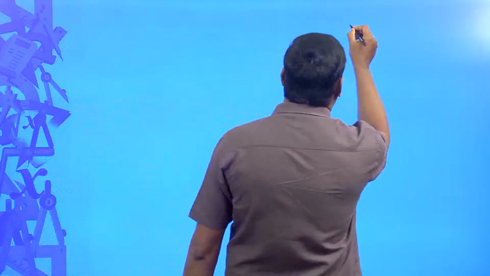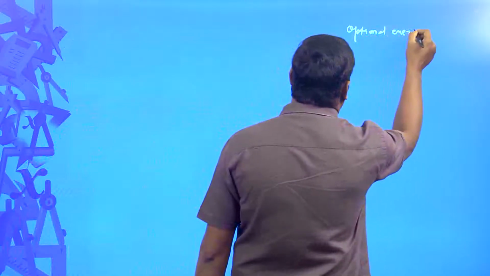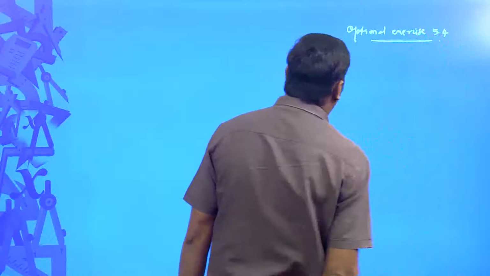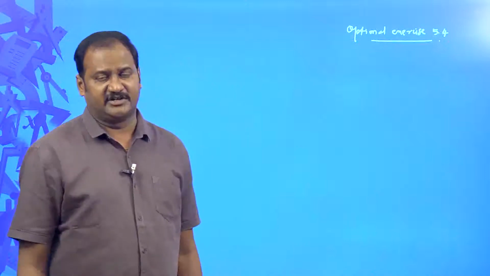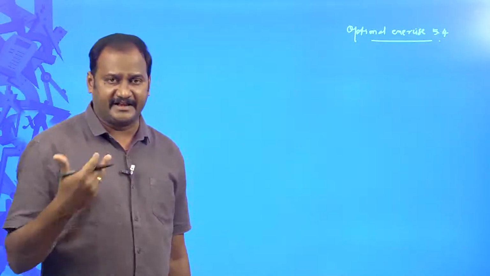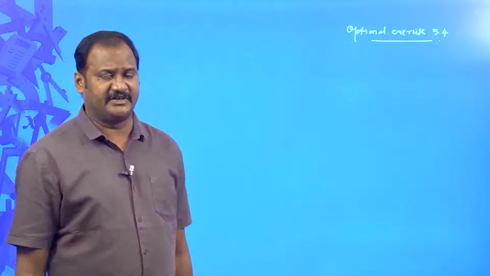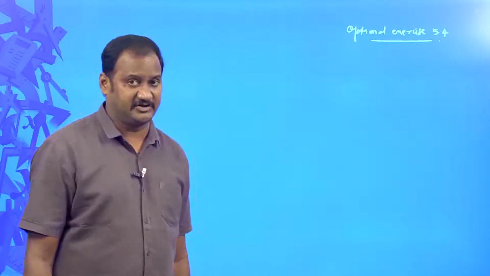Now exclusively we are going to do the optional exercise, that is 5.4 of arithmetic progressions. So I will write that here: optional exercise 5.4. Okay. So what are all the problems given? I am not going to copy those problems on the board, anyway they are available in the textbook. I will just read them out, and then I will answer those problems on the board. So please concentrate because these are very important and interesting problems, and there are many real life applications in these problems also, right.